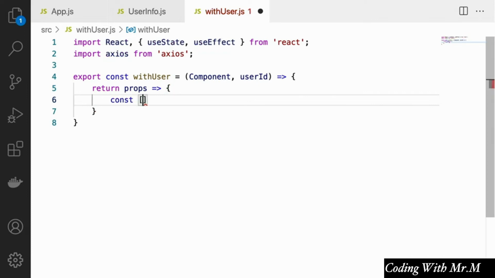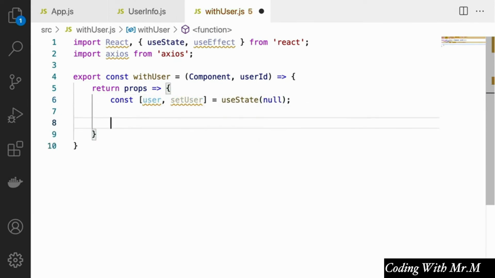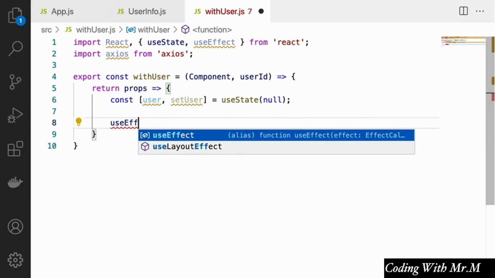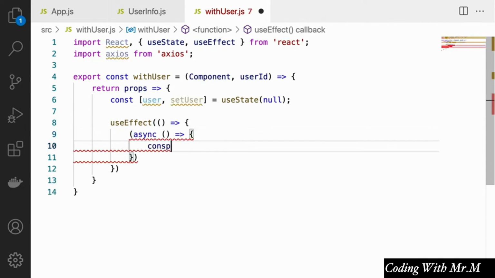And inside here, we're going to have a state variable, which is going to be the user that we want to load from the server. So we're going to say user, setUser equals useState. The initial value of the user is going to be null. We're going to load the user with a useEffect hook, where we'll say async, and we're going to get the response by saying const response equals await